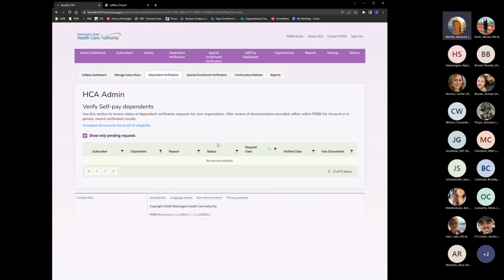And then we are done. They're no longer in our dependent verification queue. So we have completed that. One thing to note, much like the request queue that we have spent a lot of our time in, this page, the dependent verification page, also has a show only pending request option. This is automatically going to be selected because first and foremost, we want to make sure we're looking at those pending requests. But if you do need to search for anybody who's already been verified or denied and maybe need